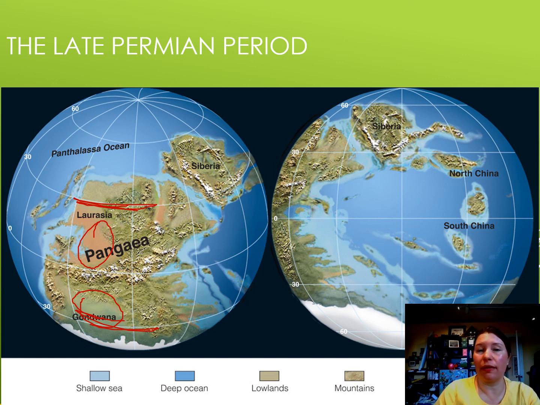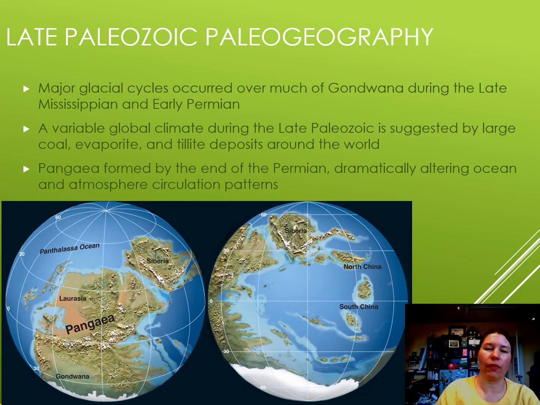So these dry environments produced extensive red bed and evaporite sequences. So we get red beds, which are highly oxidized bits of sand, lots of sandstone here, as well as salt. Evaporites will be the salt. And then coal formation zones are becoming more restricted. So we kind of go from coal to more and more desert deposits, including those dunes from forming red beds and evaporite deposits like salt. So lots of salt deposits in the world during this time.